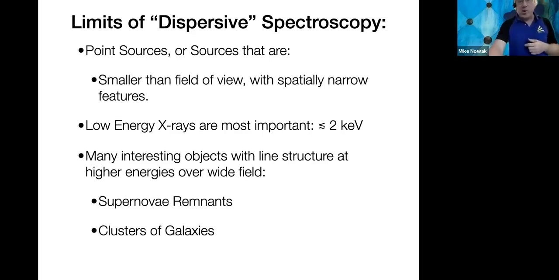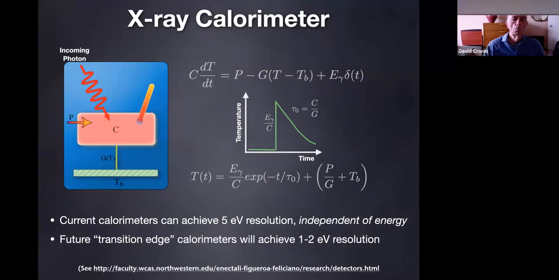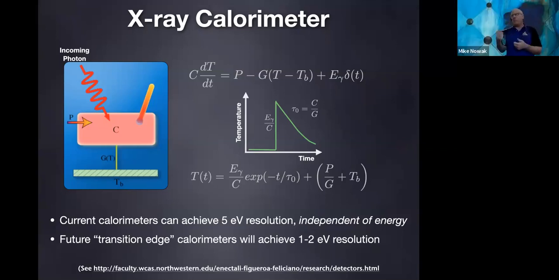So what we're going to do in the fall is launch what's called an X-ray calorimeter. And that's going to be the XRISM instrument. So rather than dispersing the photons, we basically are going to have these thermal detectors. Basically, keep your detector very cold, and you have essentially this little thermal bath in there. X-ray photon comes in, heats up your detector, and you measure that temperature change. And then that temperature change that you measure is proportional to the energy of your photon.